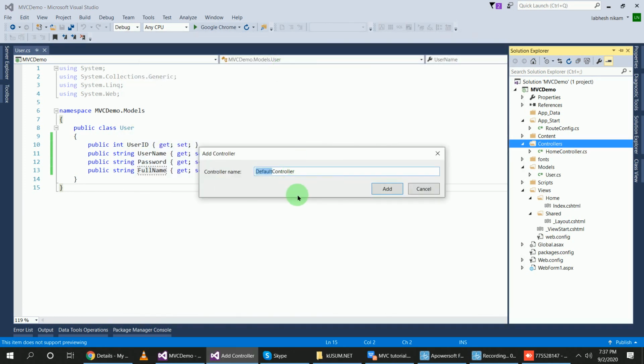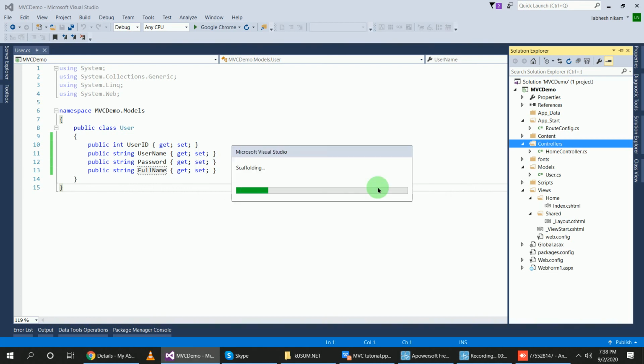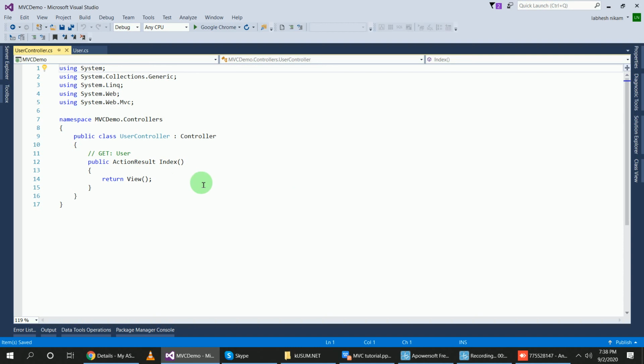Suppose my controller name is user controller. Now I will call the data from the model class into this controller and the controller will give data to the view.